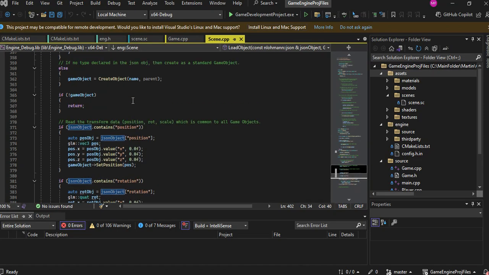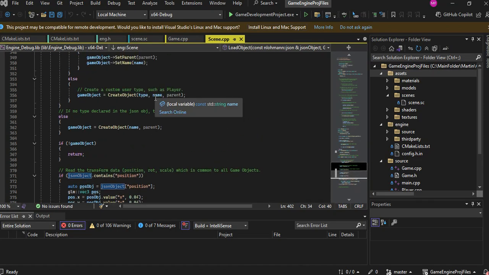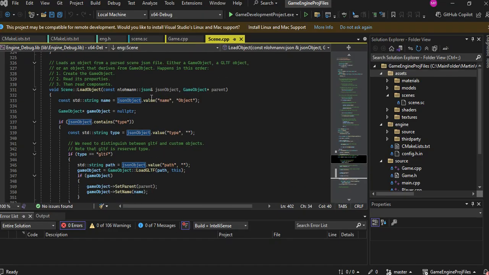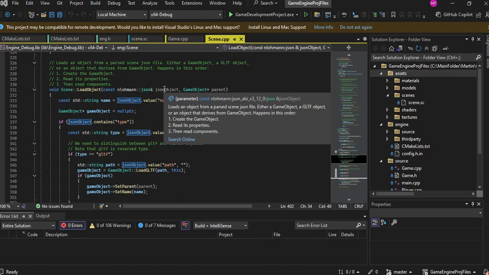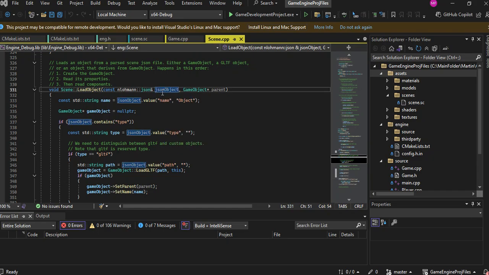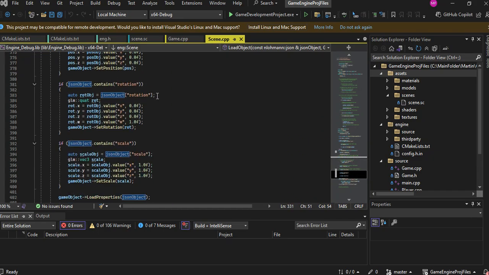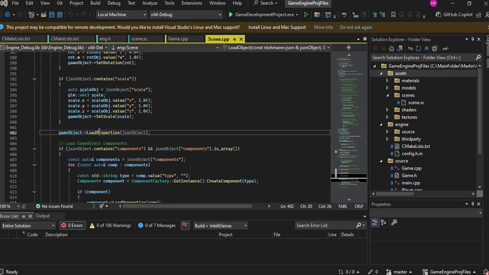So the JSON object is, yeah, so that would be in this case, say like the player. The JSON object here is basically the JSON representation of the player, or the falling box, or that static box on the ground. So if I go to load properties here,